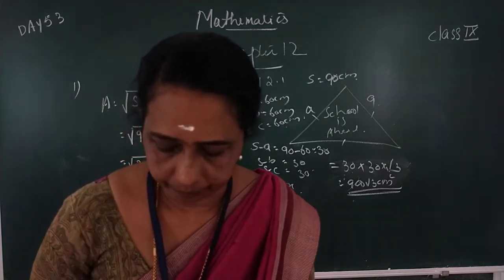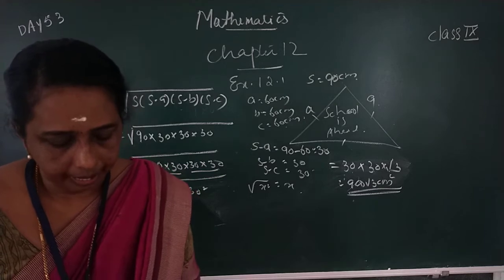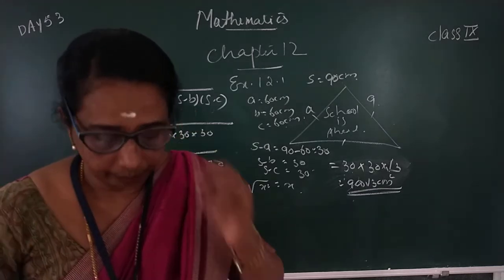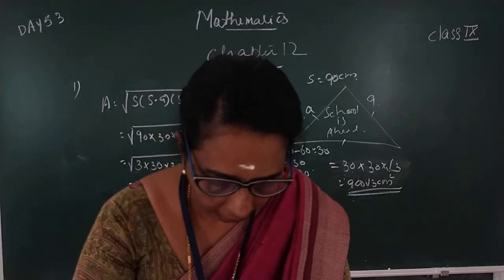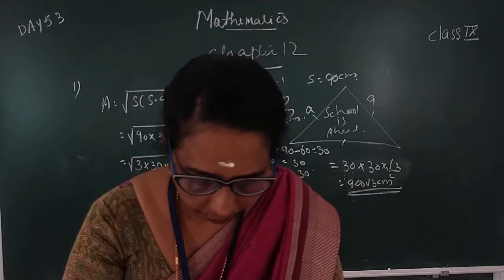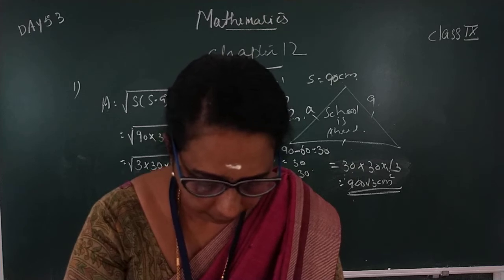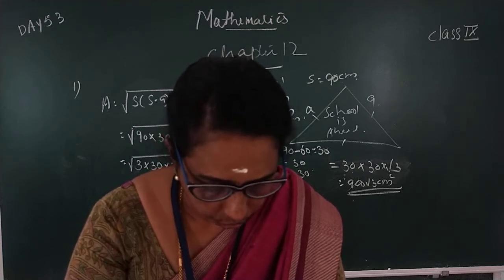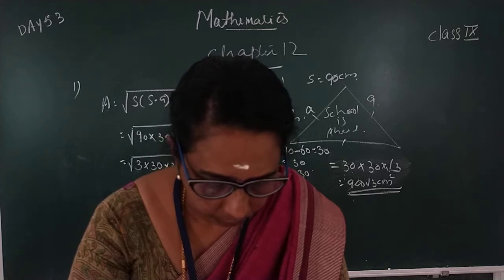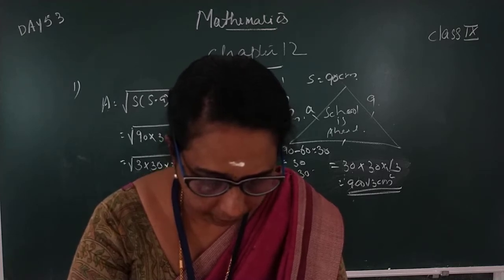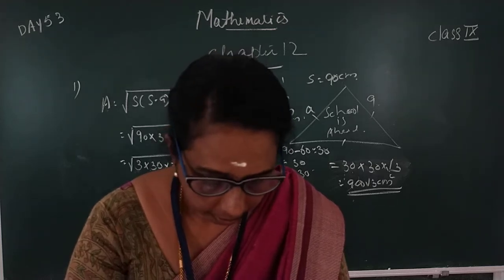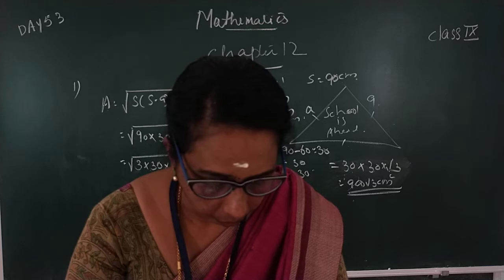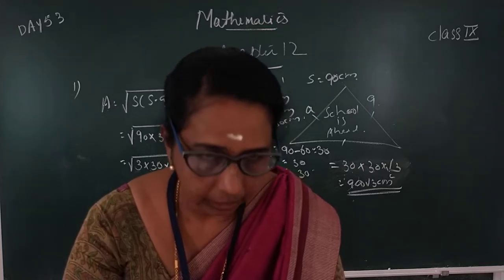Next question. Second one. The triangular side walls of a flyover have been used for advertisements. The sides of the wall are 122 meter, 22 meter and 120 meter. The advertisement yields an earning of rupees 5,000 per meter square per year. A company hired one of its walls for 3 months. How much rent did it pay?